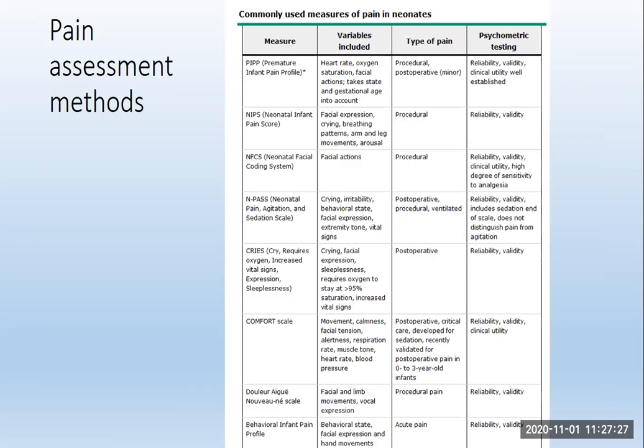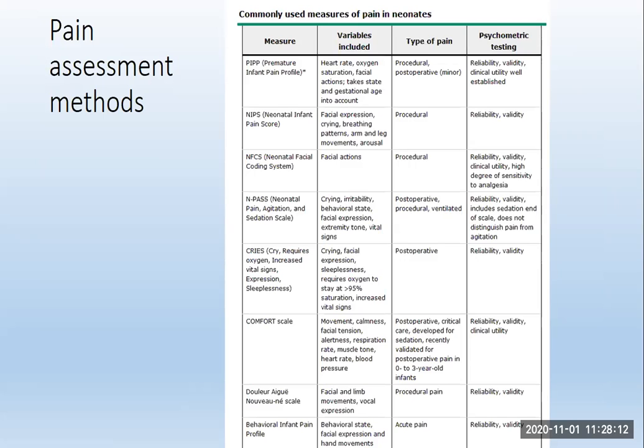Some of these are PIPP, this is premature infant pain profile. Second one is NIPS, that is neonatal infant pain score. Third one is NFCS, neonatal facial coding system. Then comes NPAS, neonatal pain agitation and sedation scale. CRIES score, it includes cry, requires oxygen, increased vital signs, expression, sleeplessness in its consideration. Other ones are comfort scale, Douleur scale, behavioral infant pain profile. So these are all commonly used scales